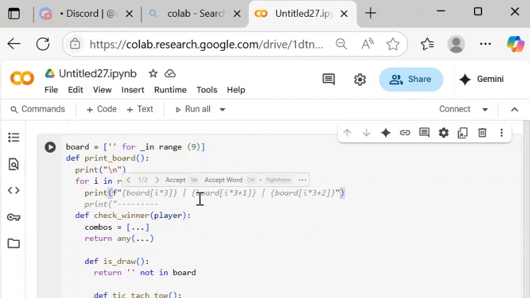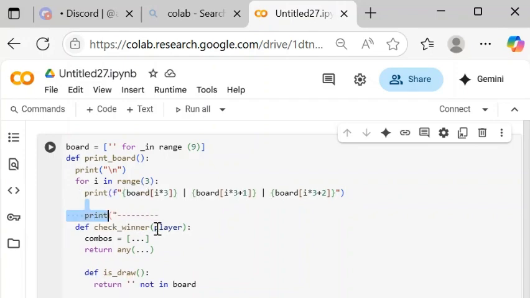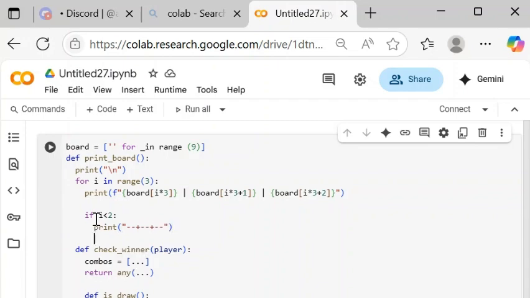Yeah, it's already showing me the correct one, so I've just used it over here. We will also check if i is less than 2, then print, and again